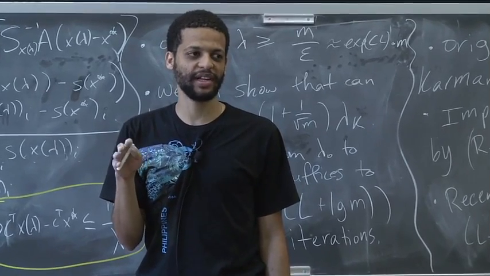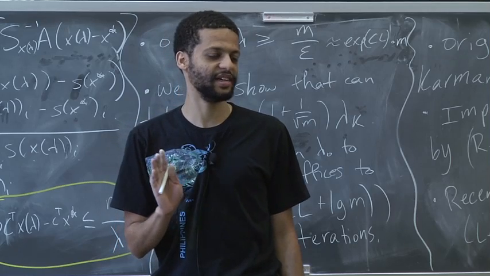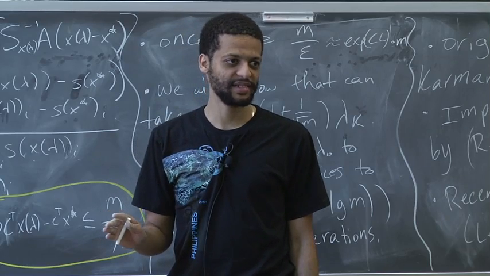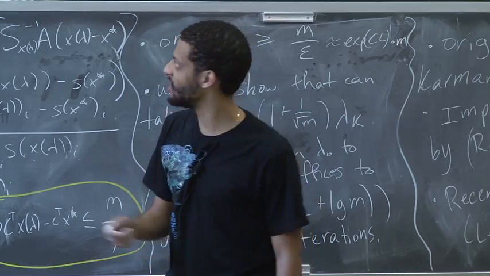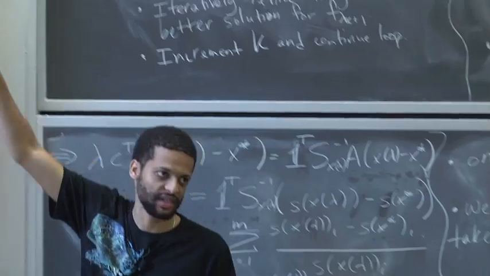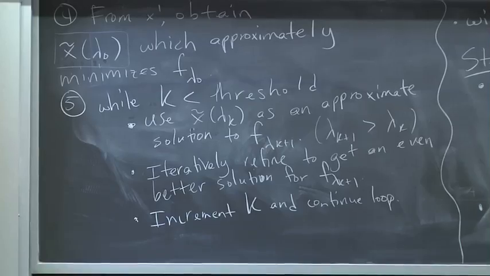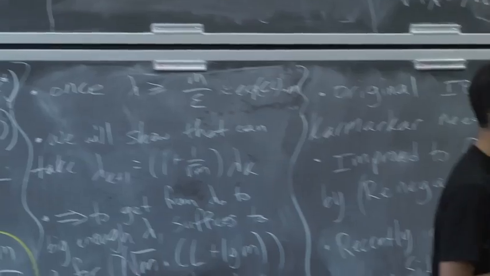And the way I'm going to define approximate minimizer, it shouldn't be obvious at this point how I will even define that. But I will give a definition of it, and I'll show that we can do that. Right, so we don't have x of lambda 0, we have x tilde lambda 0, and that's going to stay that way. And in each iteration, basically what we're going to have to do is